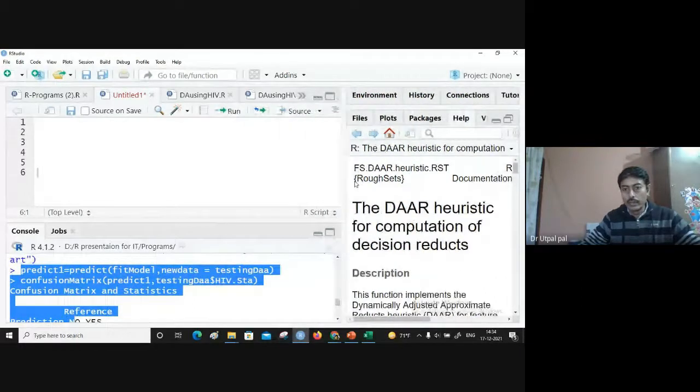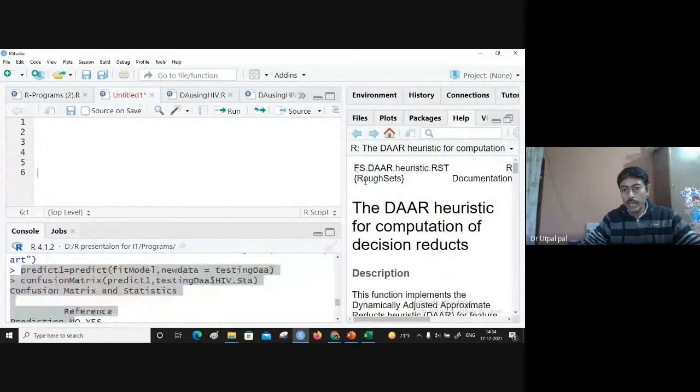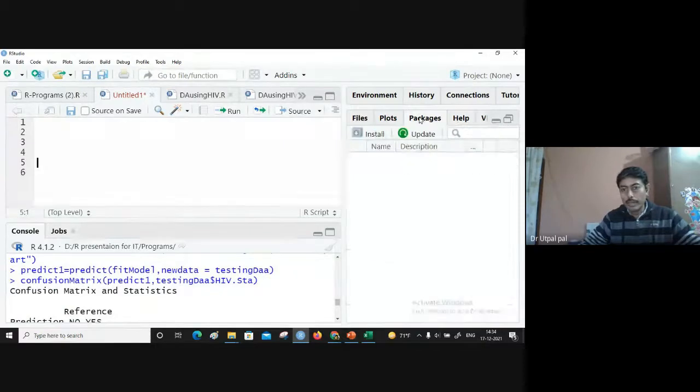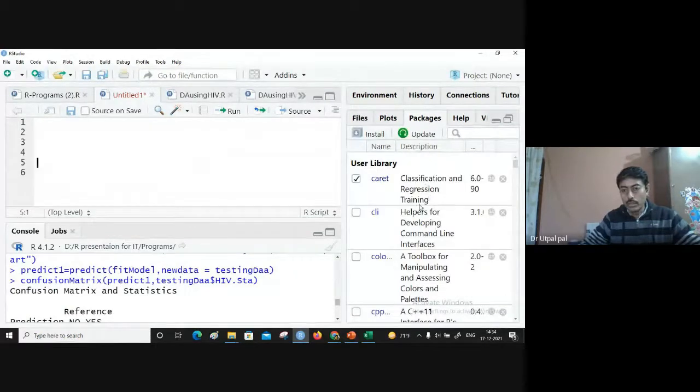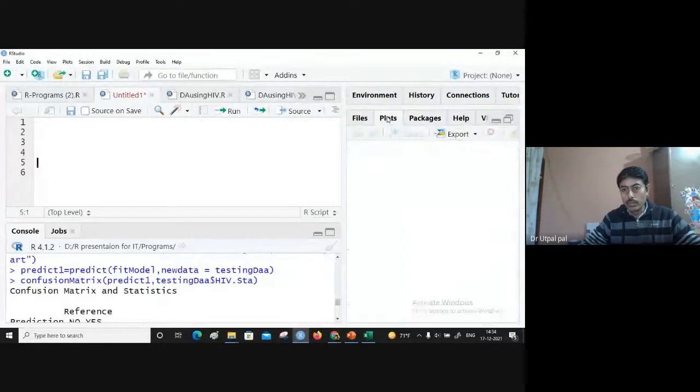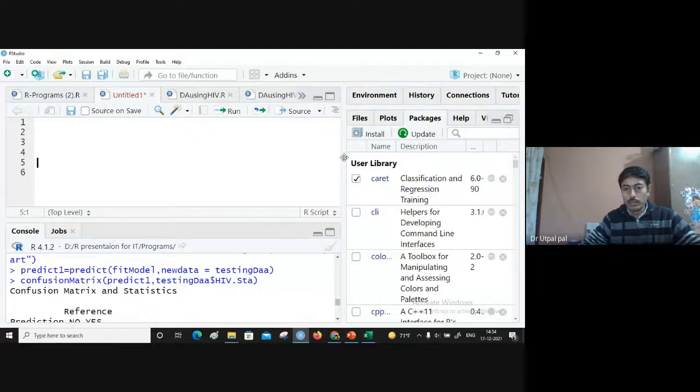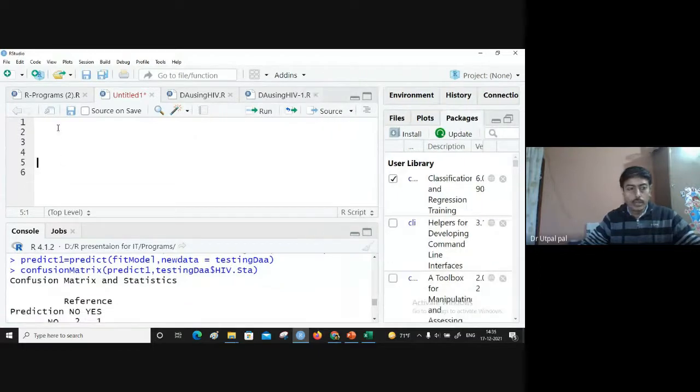Here we can get the help of various functions. The documentation is available here. The packages installed are shown here. The plots, if we draw any, will be available here. So it is full of various components. The most important part is this.